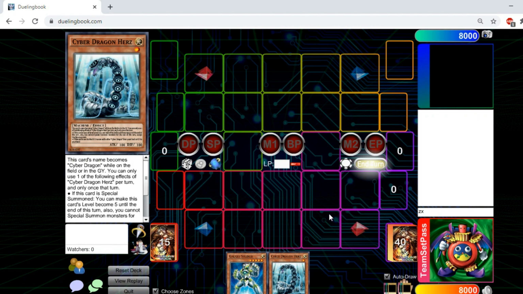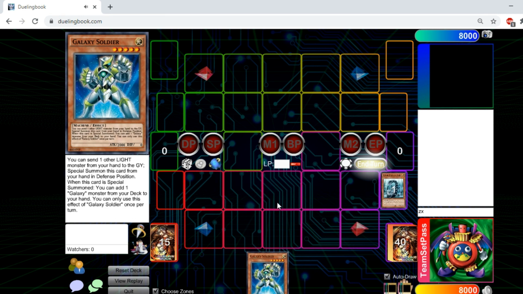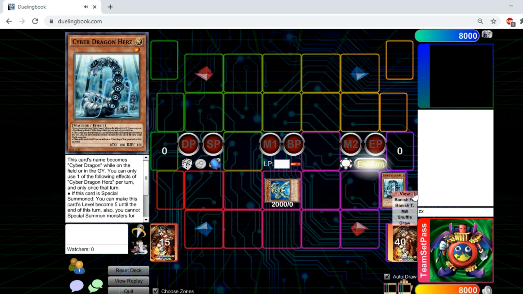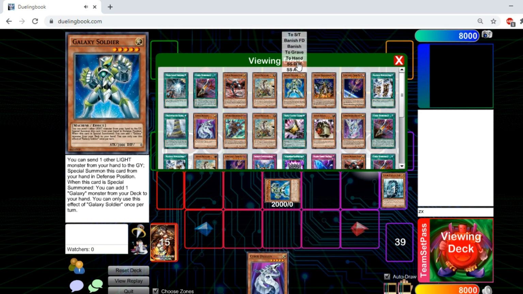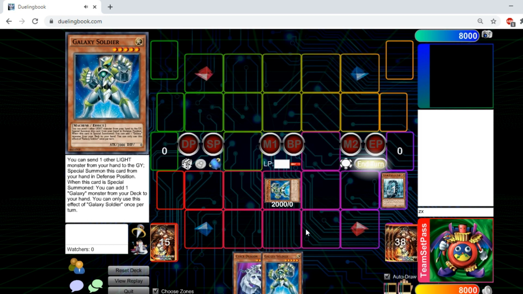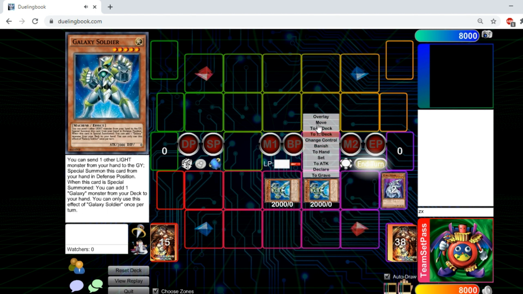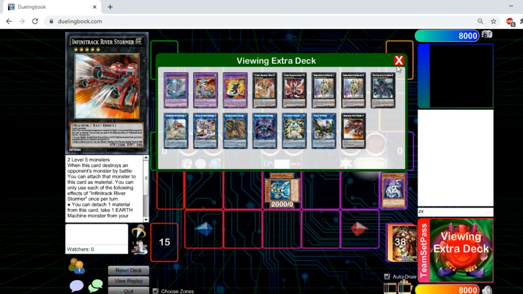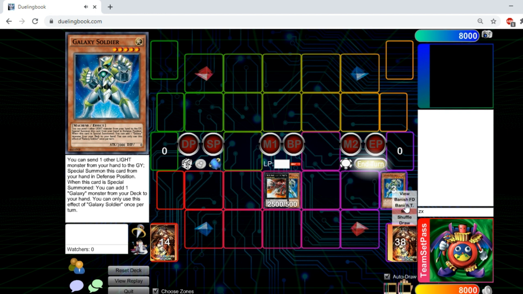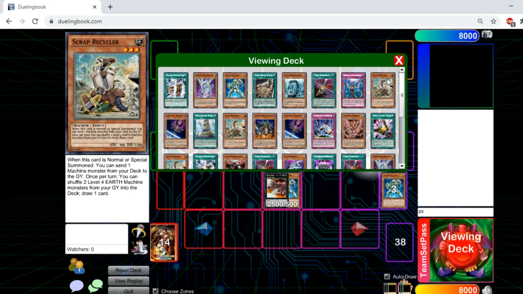So the last of our 2-card combos is Galaxy Soldier and Cyber Dragon Hearse. Once again, this is the same full combo that we've already been doing. Pitch your Cyber Dragon Hearse for your Galaxy Soldier, Chainlink 1, Chainlink 2, add your Cyber Dragon and your Galaxy Soldier to your hand. And then we're going to go ahead and get rid of our Cyber Dragon to special summon our other Galaxy Soldier, overlaying them for Infinitrack River Stormer, detaching 1 material, special summon, to add to your hand